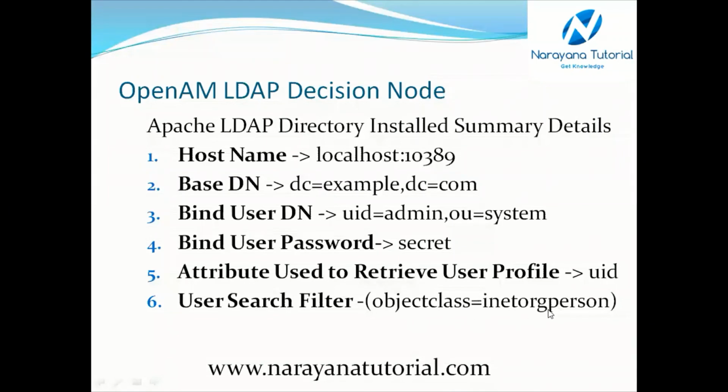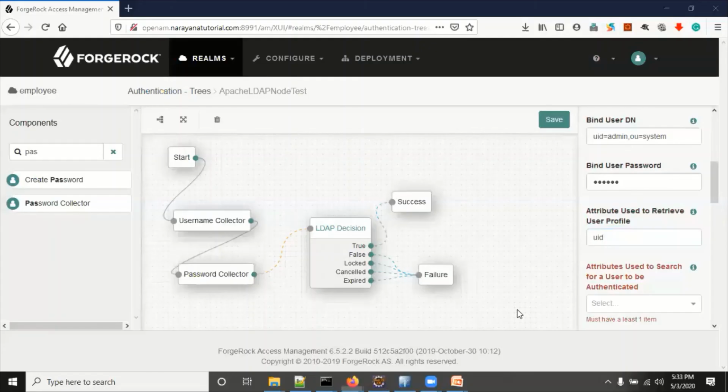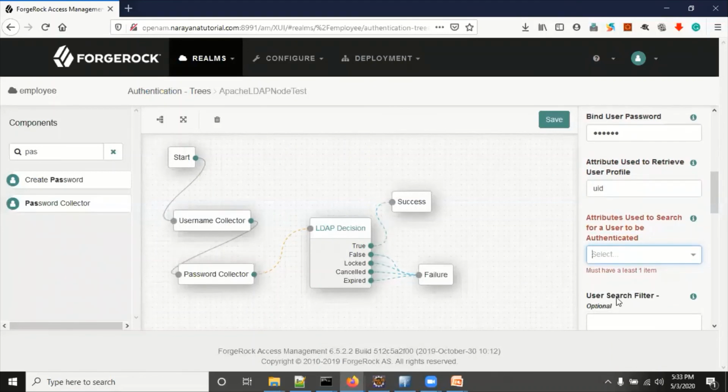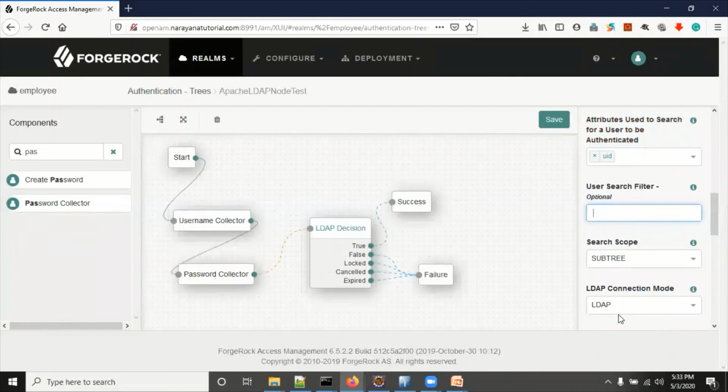The attribute used to search for the user to be authenticated is UID. Here we have to give the search filter, that is objectClass=inetOrgPerson.